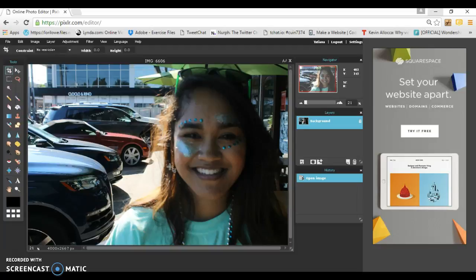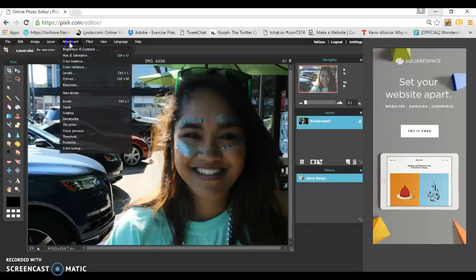Now, I chose this photo because this is a photo that I took while walking down the street. I just asked her would I be able to take a picture of her because I liked her face paint. So she said yes, and I snapped that photo. Now, the picture is a pretty good picture, but I do see some things that could make the picture even better. So what I'll do is start off by going to the very top of the page and clicking on